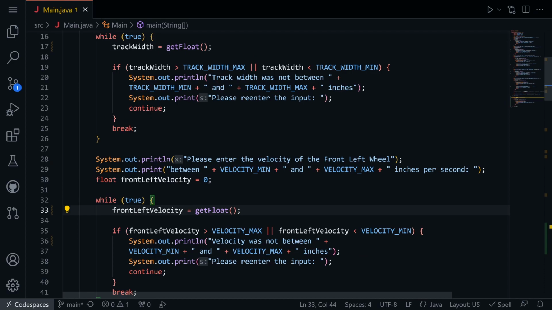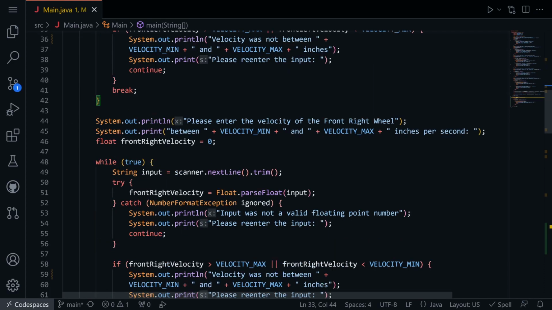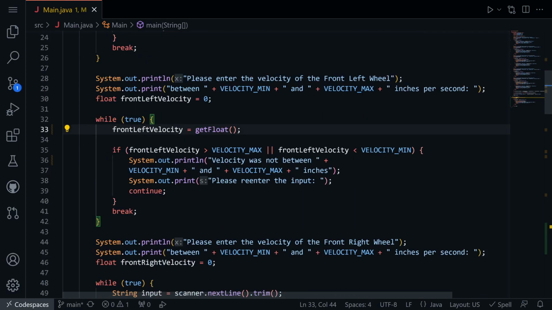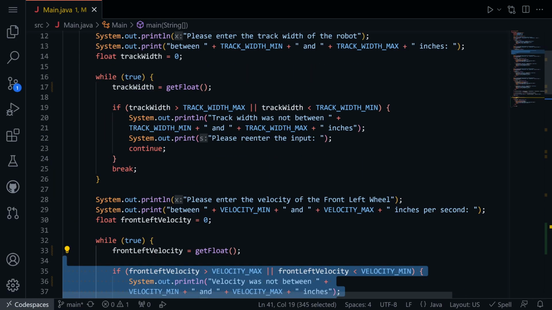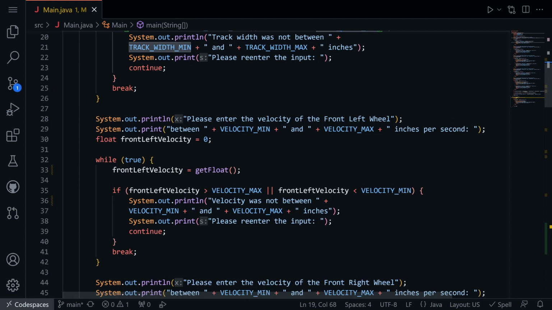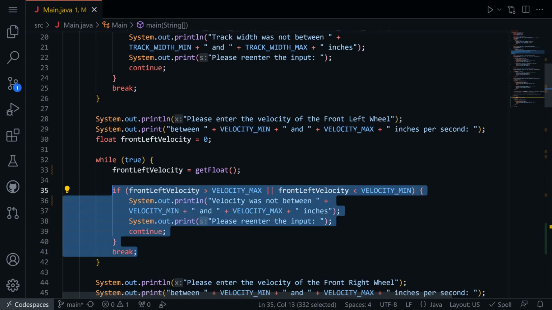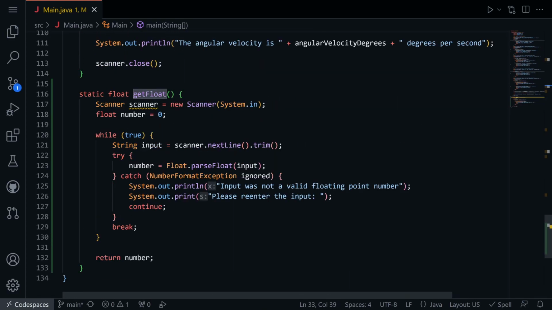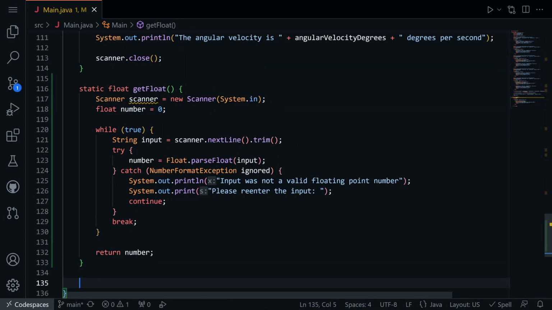Perfect. And we could repeat this over and over again, but one thing you might notice is that this code right here is also being repeated for all of the velocity ones. The track width one is a little bit different because it's checking within different bounds. But for this velocity one, we could simplify this getting of velocity in general as well using our getFloat function. So what we could do instead of just typing it all repeatedly is we could create a function for getting